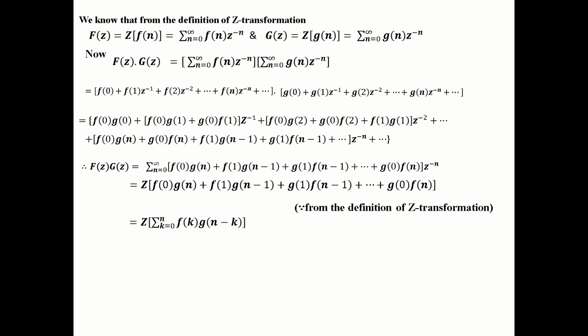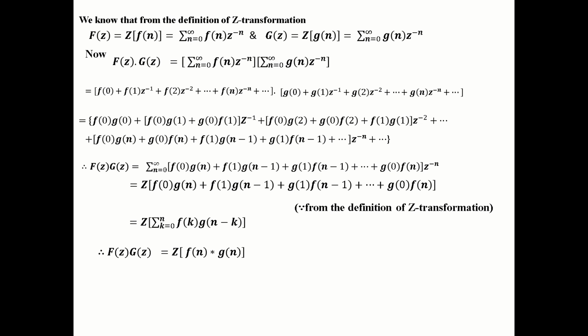Then the next term f(2), g(n minus 2). f(3), g(n minus 3). So the kth term is f(k), g(n minus k). So we can write it as Z of summation k equals 0 to n f(k)g(n minus k). So F(z)G(z) is equal to Z of, this is